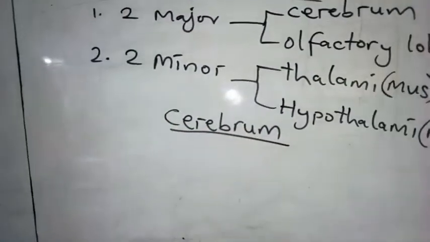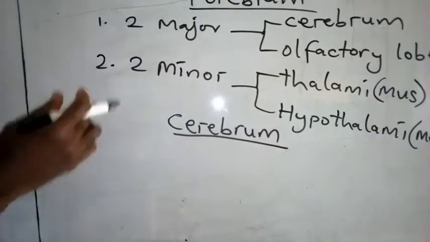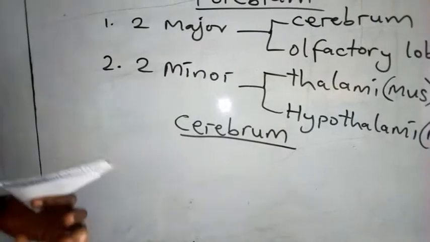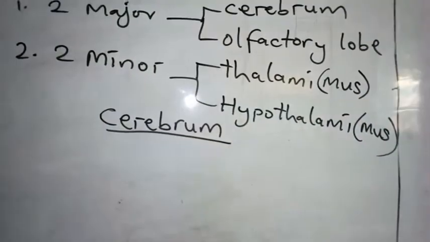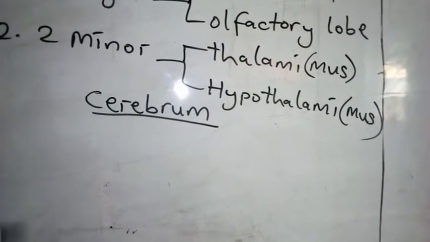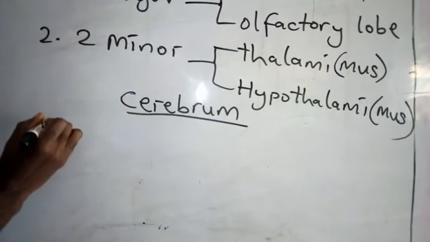The cerebrum happens to be the largest part of the brain, the largest part of the forebrain. As a matter of fact, it's the largest part of the entire brain. This cerebrum is made up of two hemispheres. The cerebrum, being the largest part, is made up of two hemispheres,